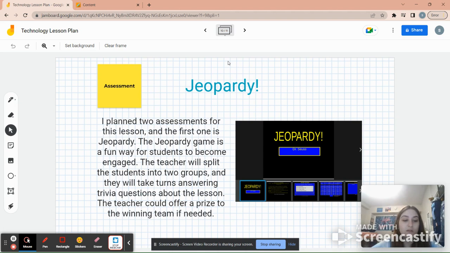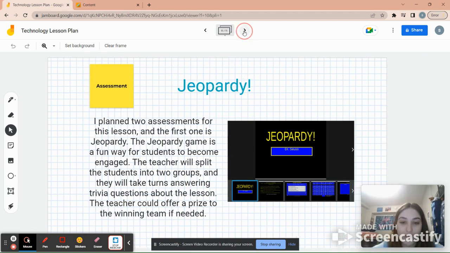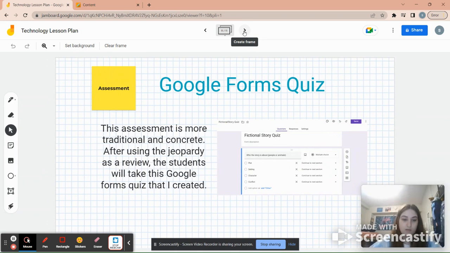But this assessment is more of just similar to the Peer Deck quiz. It's just fun, and the students can see how well they understand the lesson. The teacher could make it for a grade. They could add participation points, but the one that's really for a grade is a quiz. This one is more traditional and concrete. And so after